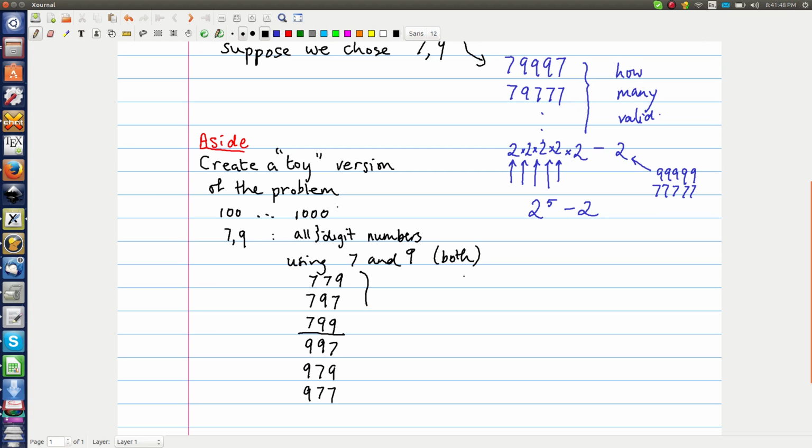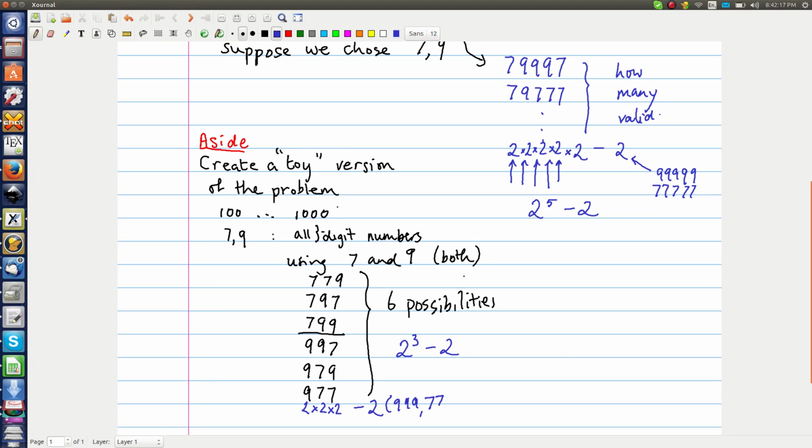And so we can easily see, and it's something we can fit into our brain, there are 6 possibilities. Now, does this fit in with the given formula, or the deduced formula for 5 digits? We got 2 to the 5 minus 2. Well, yes, it does, because this is 2 to the 3 minus 2. In other words, it's 2 possibilities times 2 possibilities times 2 possibilities, and then subtract 2 for the 2 cases,